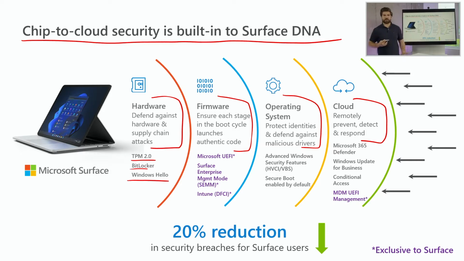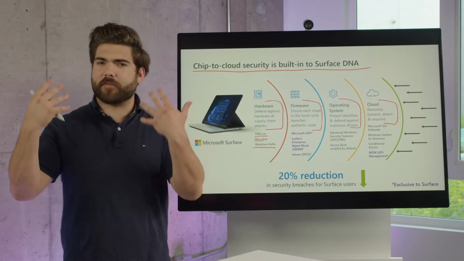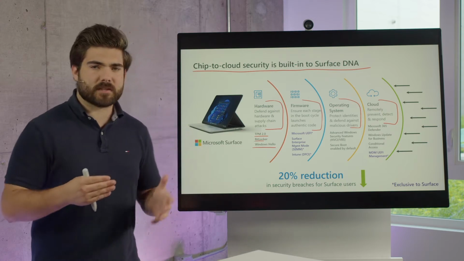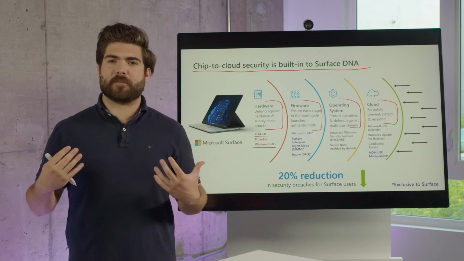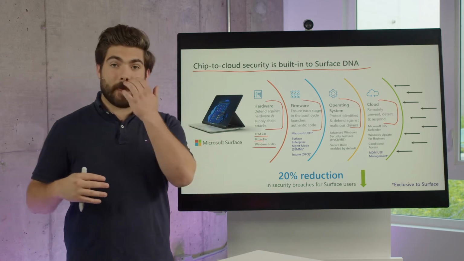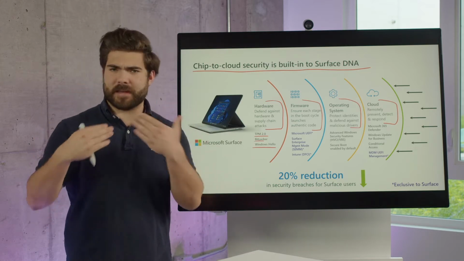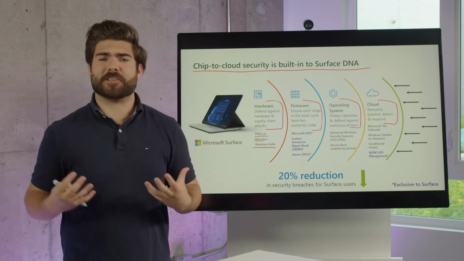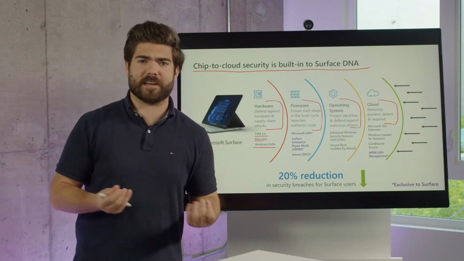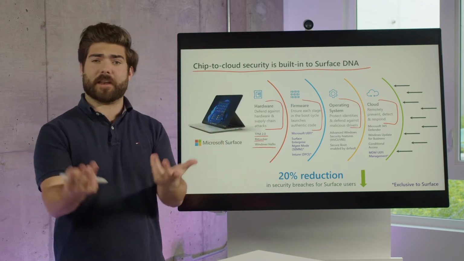This offers biometrics, so depending on the device that you utilize within the Surface family, we have devices that have fingerprint scanners. We have devices that have facial recognition. The device that I use, the Surface Laptop Studio, in my day-to-day work, has such in-depth facial recognition through Windows Hello that it can tell the difference between identical twins. It's not just taking a picture of my face and memorizing it. It uses infrared cameras to take a full scan of the dimensions of my face, and it needs a living, breathing person in front of the device. So you couldn't even hold up a high-definition photograph of myself and enter my device.